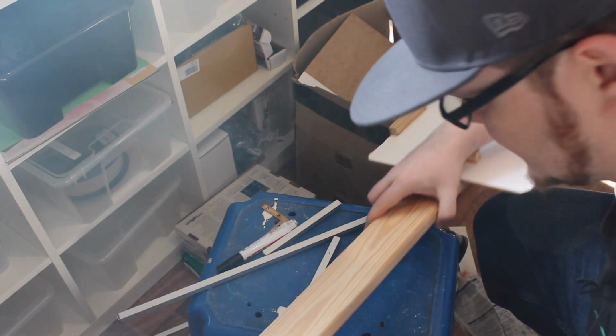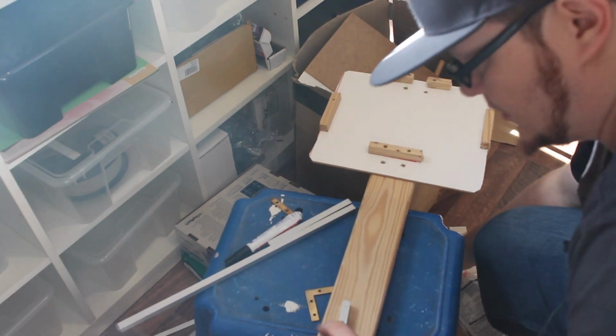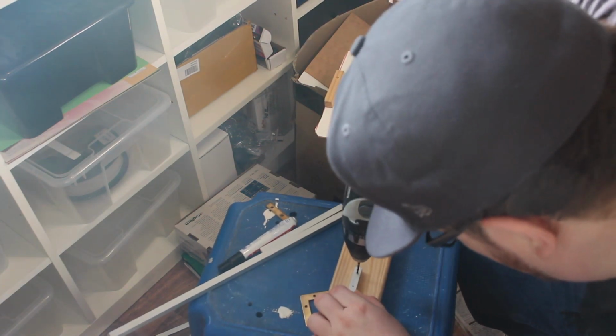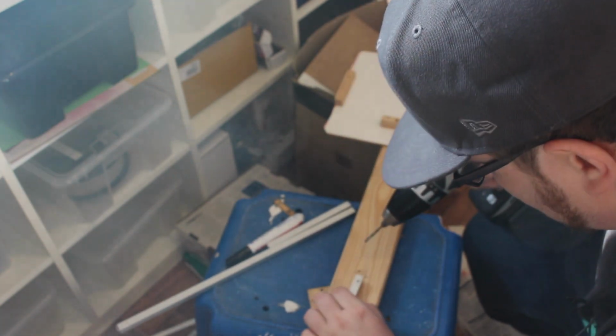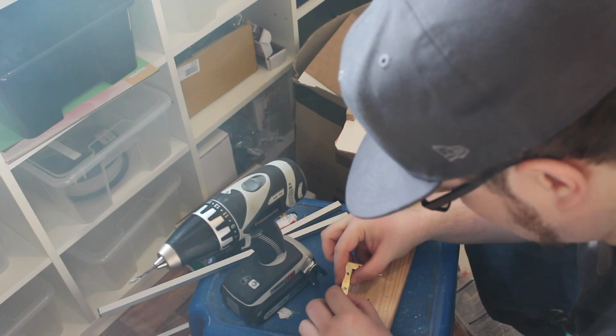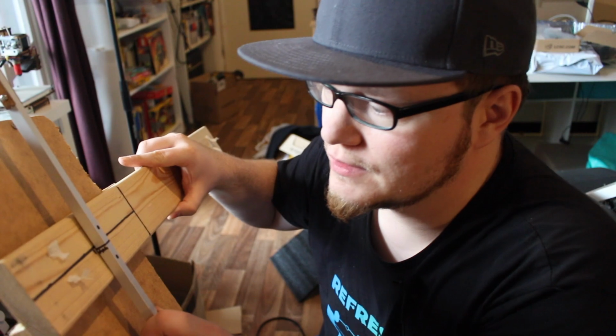I need something to drill into, and I think this is okay because I'm gonna cut off the end anyway. Probably a good idea to use this as a guide now. I cut off the excess material from the board, so it's easier to mark the center of this,